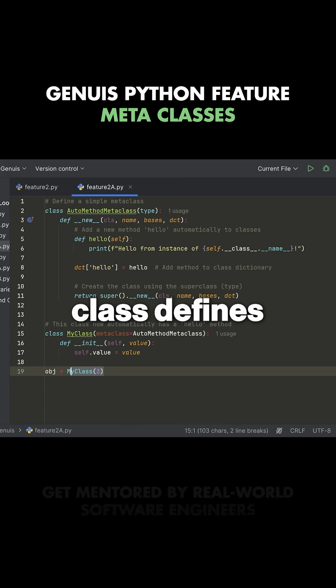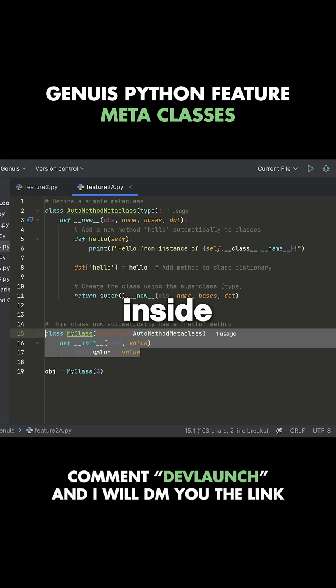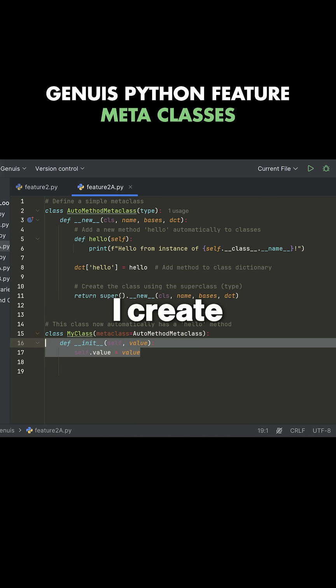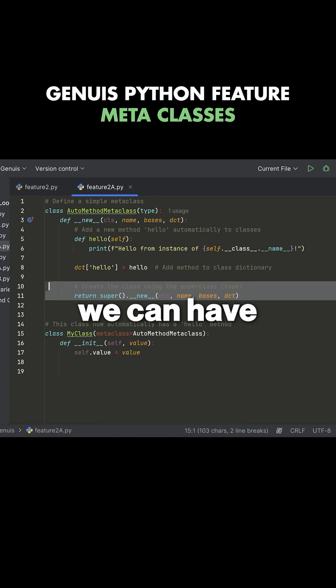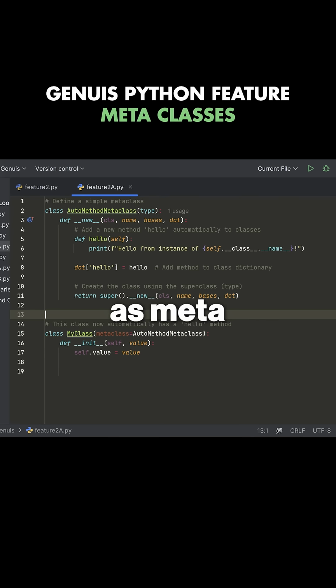So this class defines how the object is created, it defines its behavior, and we outlined it all inside of here. Now the exact same thing applies to classes. So when I create this class, we can have a metaclass that defines the blueprint on how the class is created. So rather than defining how the object is created, it's how the class itself is created. That's why we refer to it as metaclass, right? Because it's on top of the class, kind of defining how the creation of that class exists or changing particular